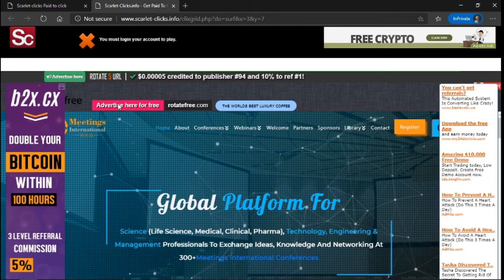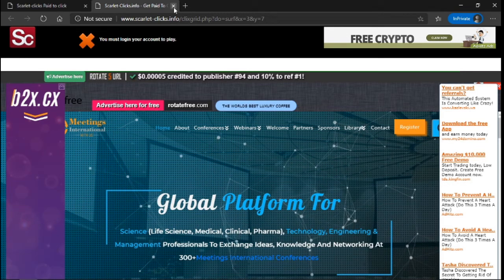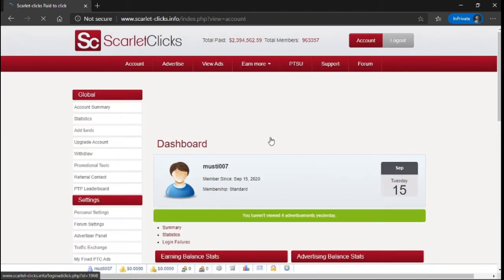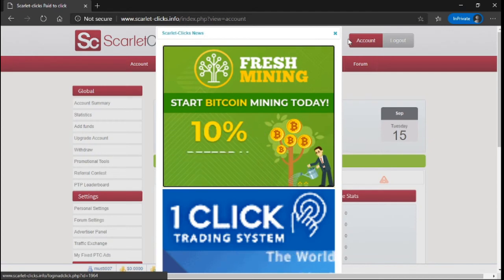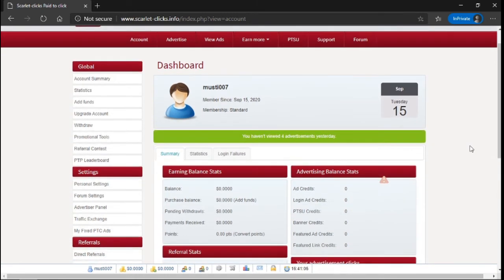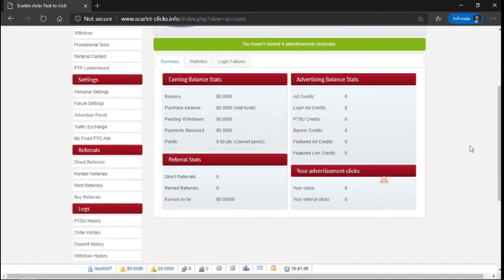So I think that's enough. Let's cancel this. So you can see your balance here. You can see everything. And something about this is if you do referral,